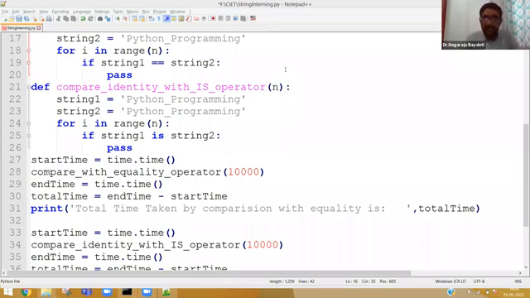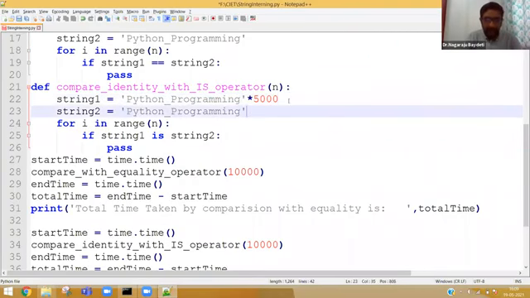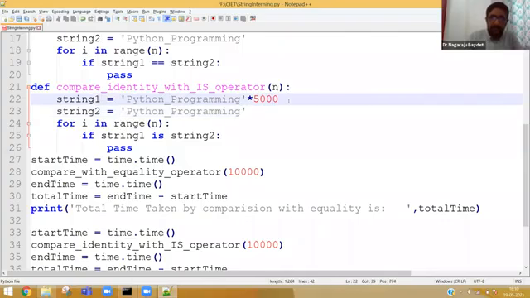So yesterday, when I executed the program, it's my mistake, I should admit that. I should not have executed the program directly with 5,000 because this string will not be interned. When this string is not interned, there is no point in executing this program to find the time difference between the double equal to operator and the is operator. What I should have done is use a normal string which is interned. Is it clear, participants?